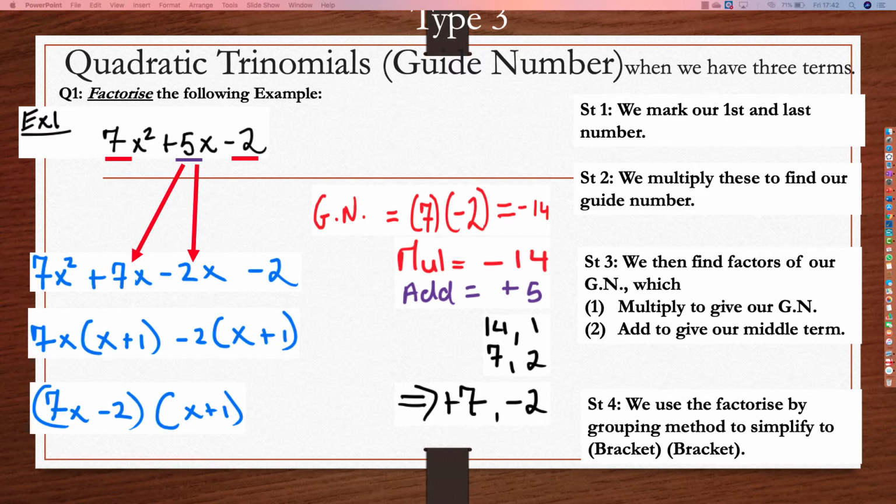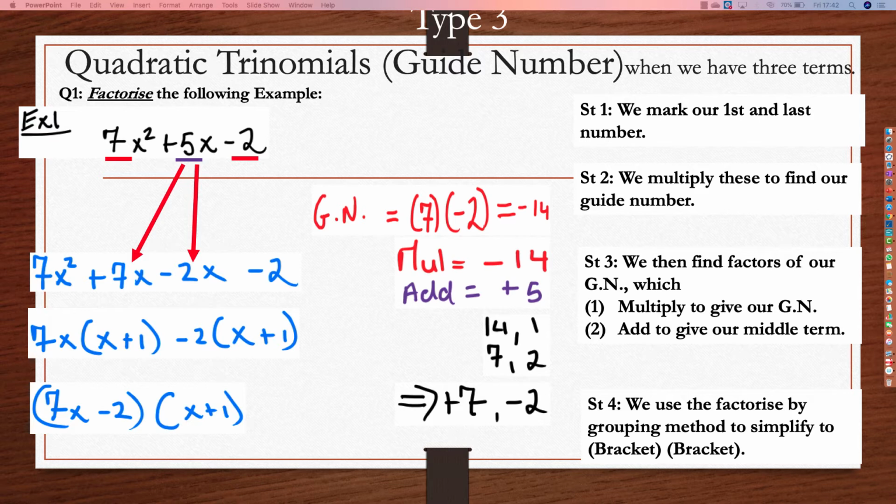The way you both do it, just bracket, yeah. 7x squared plus 5x minus 2, bracket. Split the first one, 7x and x. 2 to get 5, so you want plus 1 and minus 2. Like that. Alright,